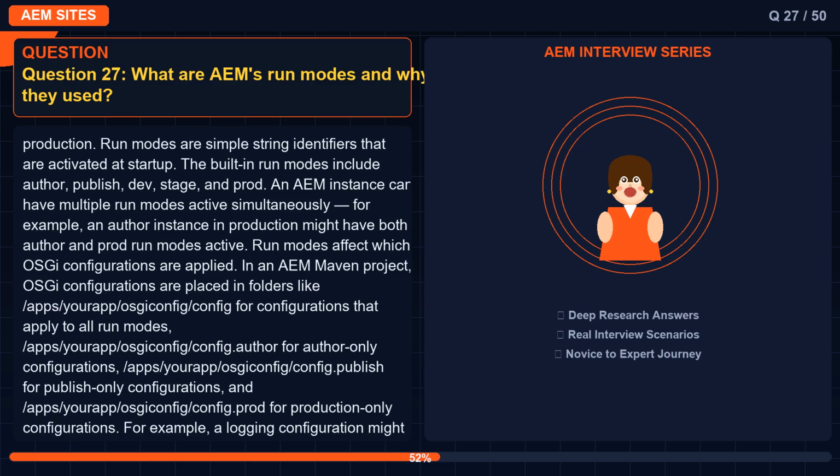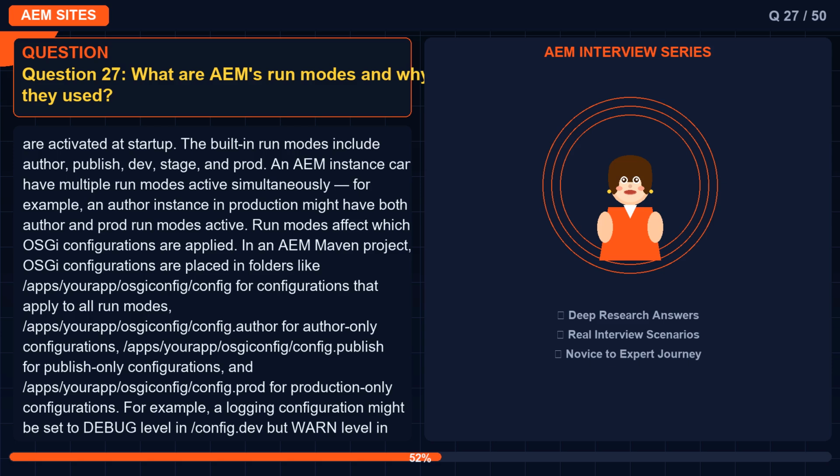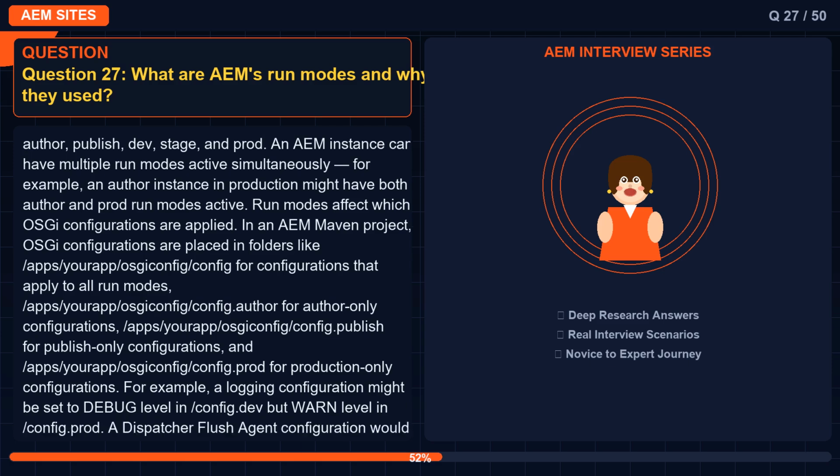An AEM instance can have multiple run modes active simultaneously. For example, an author instance in production might have both author and prod run modes active. Run modes affect which OSGi configurations are applied. In an AEM Maven project, OSGi configurations are placed in folders like